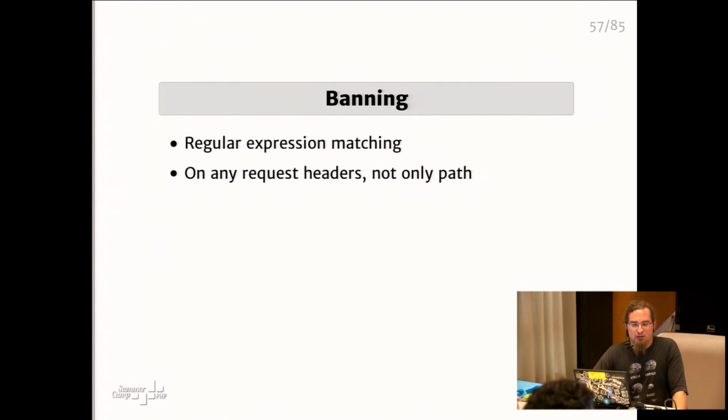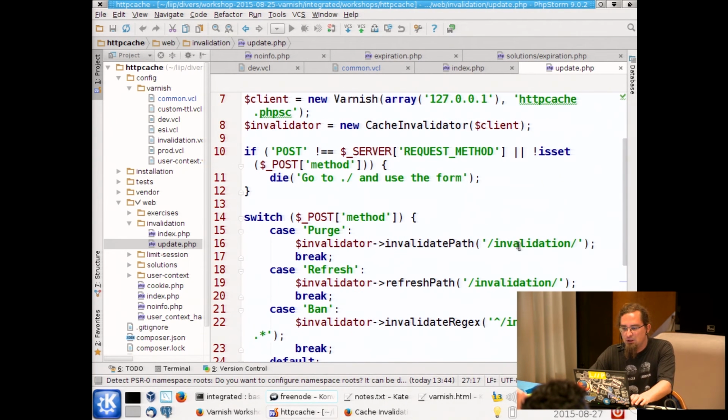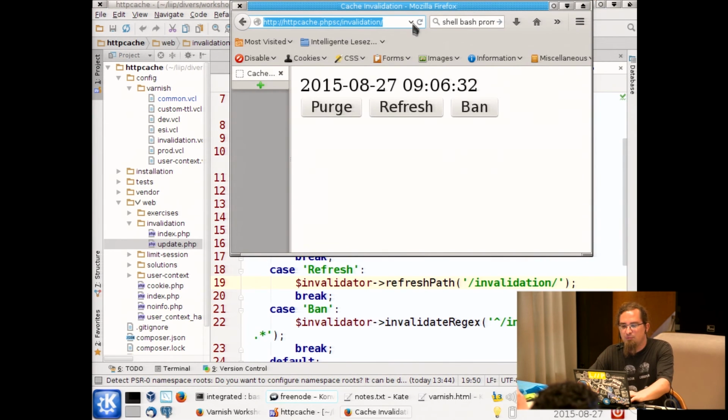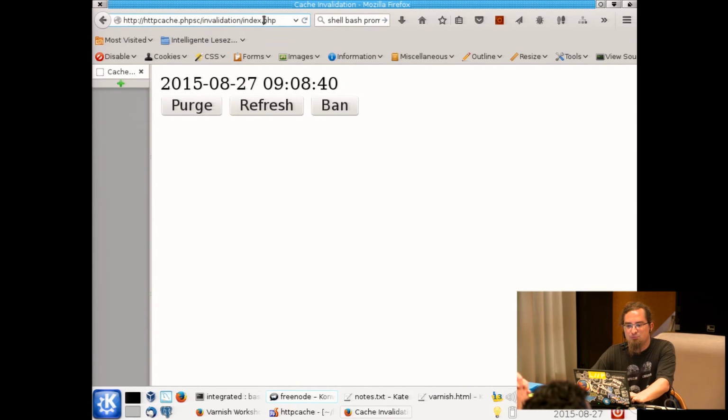And as I said, banning happens on regular expressions. When we look at these two, they only invalidate the thing called invalidation. If, for example, I would go to index.php, that's not the same URL. It happens to be the same file behind, but Varnish doesn't know about Apache automatically finding the index.php. So if I purge that,